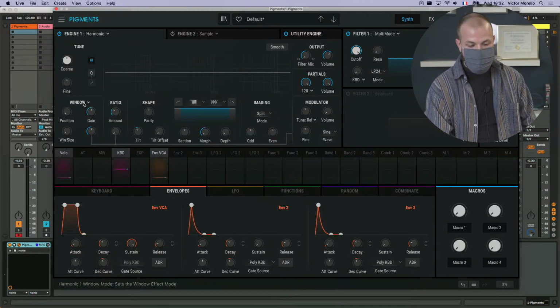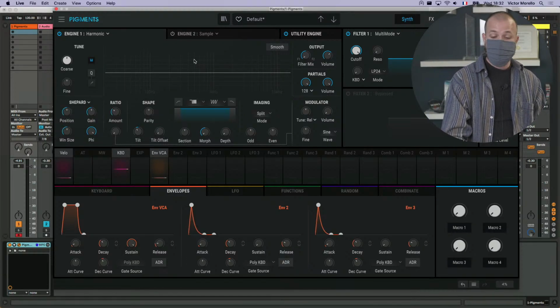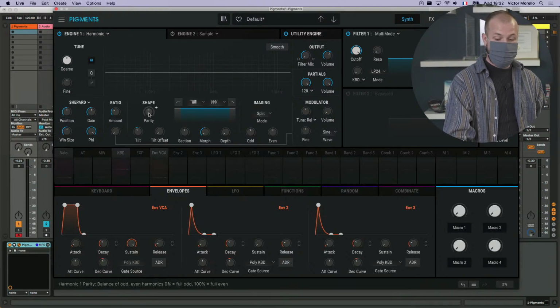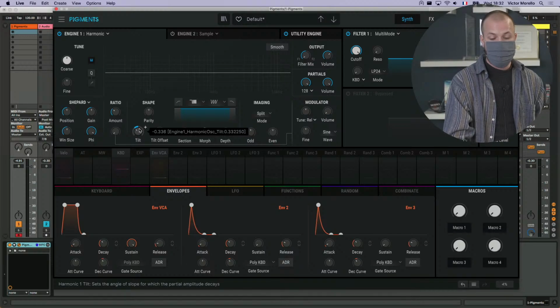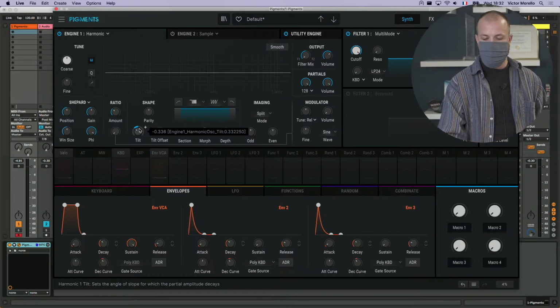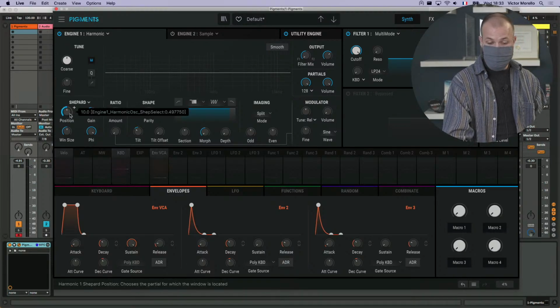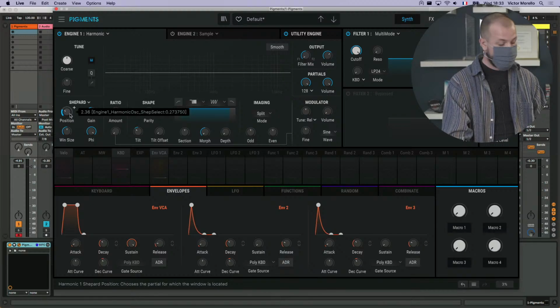So the last effect, when I learned that we were going to make this additive engine, one of the things I really wanted to make was this shepherd effect. It gets its name from the shepherd tone, an auditory illusion of continuously moving or growing sines. So again, we have this window, in the same way as the window effect, where we are defining where this effect is applied,